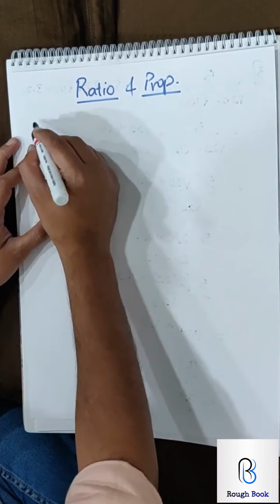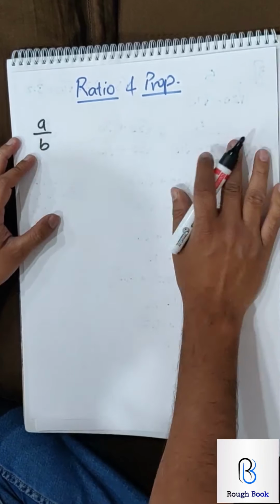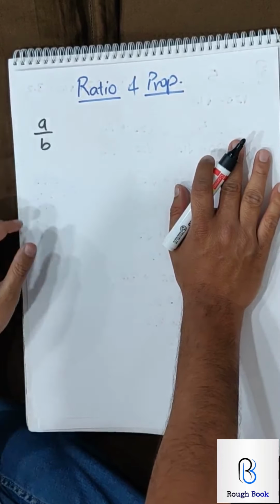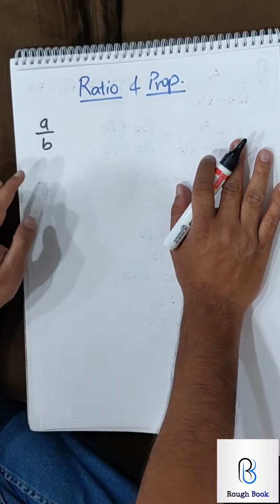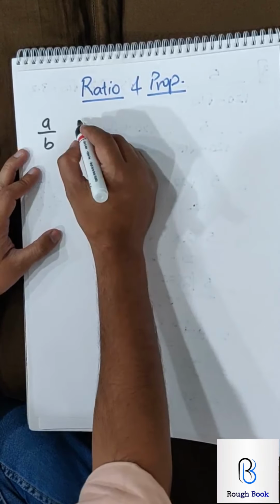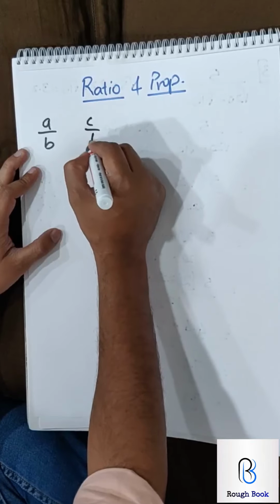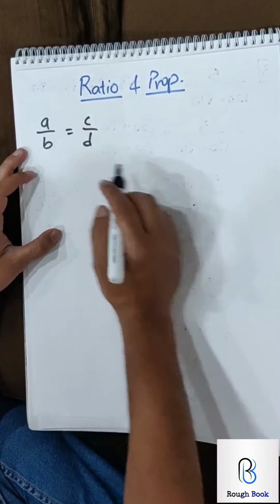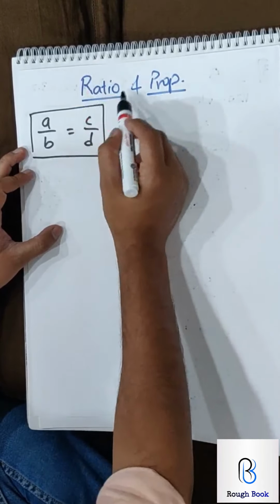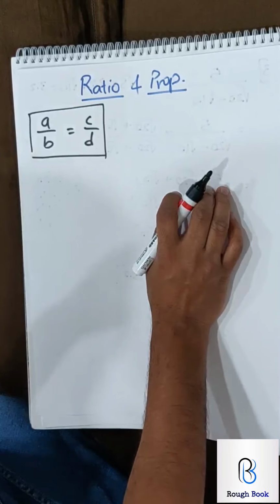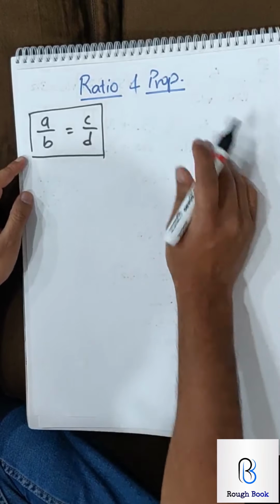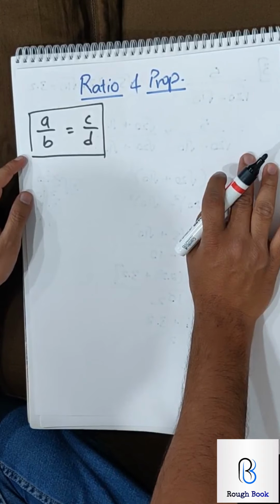So what is a ratio? Anything which is compared with each other. So one quantity divided by the second quantity becomes a ratio. So we'll just keep it very simple. A fraction automatically becomes a ratio. When two fractions A upon B, let's say C upon D, are equal to each other, then the entire thing becomes a proportion. So ratio part, that is your exercise 7A, is no more in your syllabus for standard 10. So we are going to focus more on proportion, that is your exercise 7B.